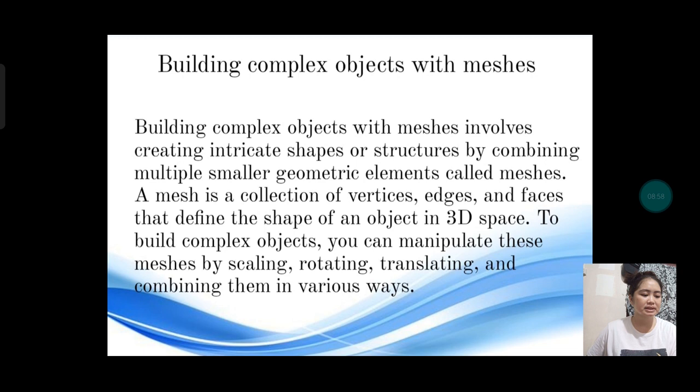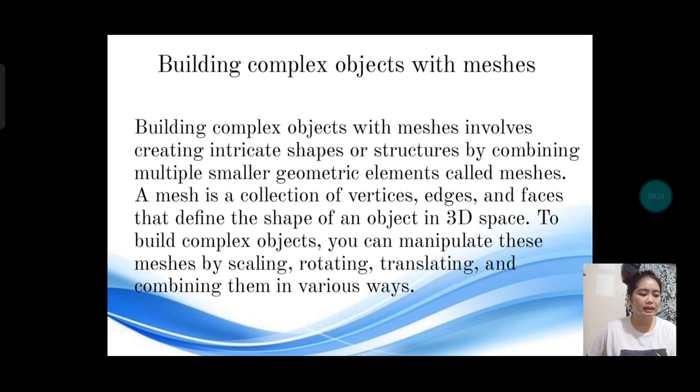Then next are architectural models. Architects and designers use mesh modeling software to create detailed architectural models of buildings and structures. They can manipulate meshes to represent various architectural elements like walls, windows, doors, and roofs.